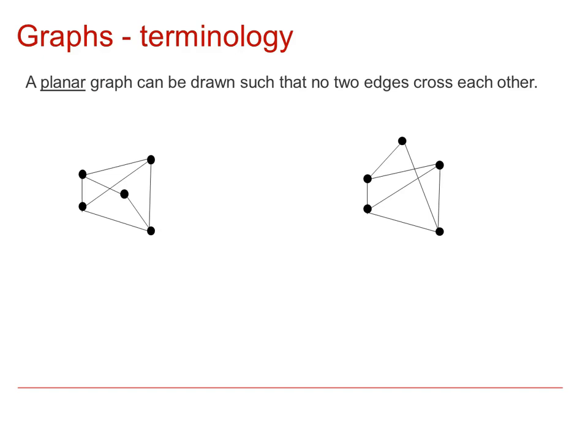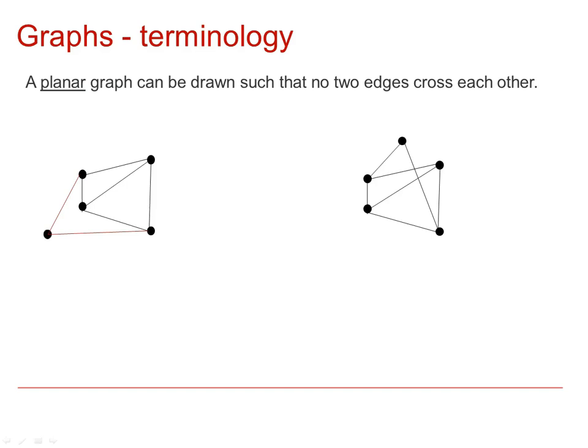A planar graph is one which can be drawn so that no edges cross each other. Now these are drawn with crossing points, as you can see in the diagram there, but if I move the point, you can see that it's now a planar graph. So let's go back to that and do that again. The point in the middle moves to the outside,